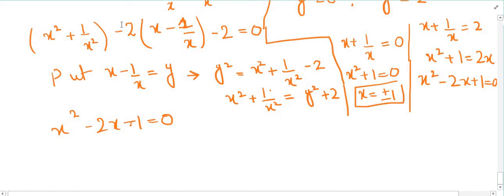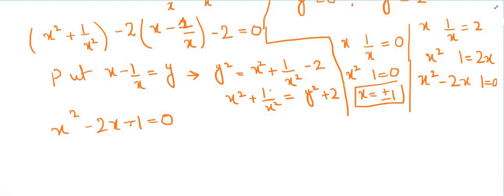Here in the substitution there is a negative sign. For this, x minus 1 over x equals 0, x square minus 1 equals 0. After taking the LCM, then x equals plus minus 1. Okay,